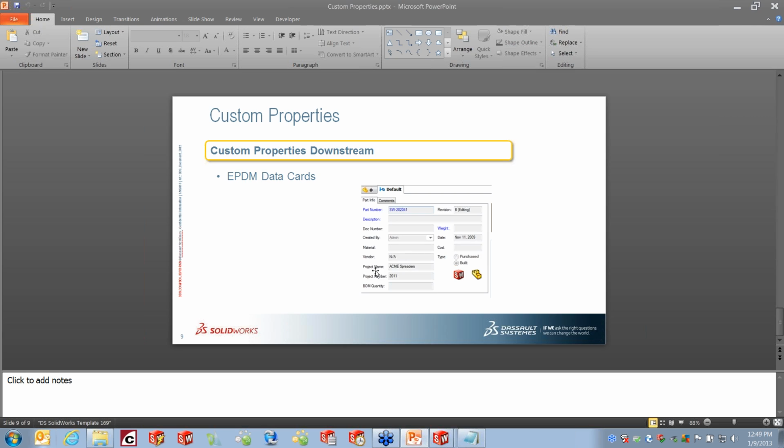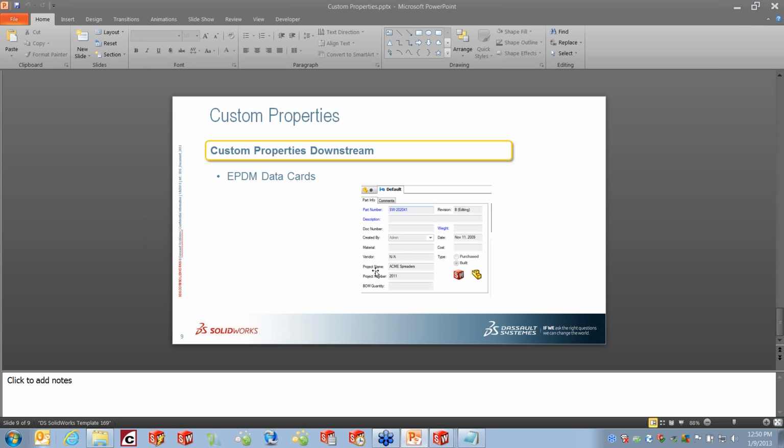And the last thing I wanted to bring up is something out of the core bit of SolidWorks. But this is kind of where the future is when it comes to users of SolidWorks that are creating a lot of data over time. It gets to the point where you need to create or use a document management system. The great thing is all that data that you put into the custom properties is absolutely going to help you when you go forward. Inside of Enterprise PDM, which most of you have heard about, they have something called data